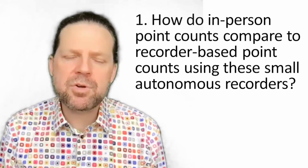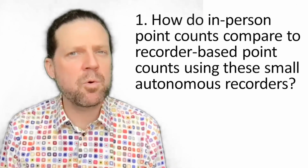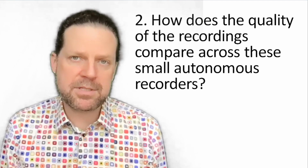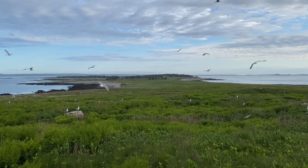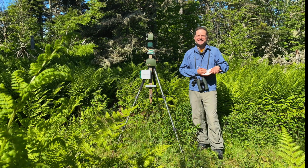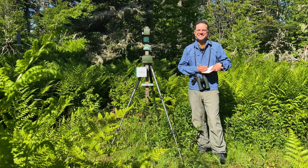I asked two questions. One, how do in-person point counts compare to recorder-based point counts using these small autonomous recorders? Two, how does the quality of the recordings compare across these small autonomous recorders? I conducted a point count at 10 locations at Bowden Scientific Station in eastern Canada. At each location, I conducted an in-person point count of bird species richness, and later I listened to each recording